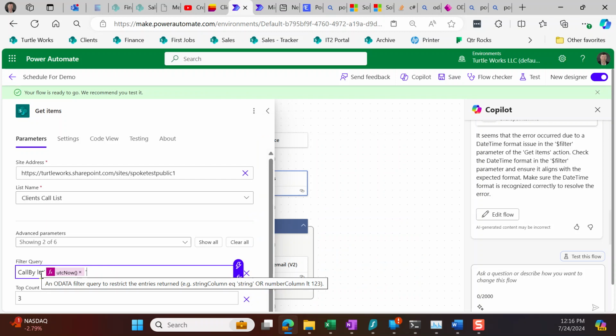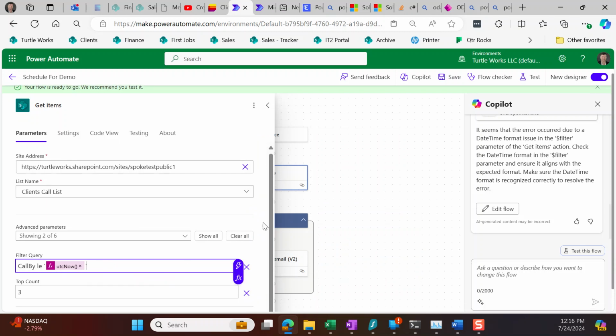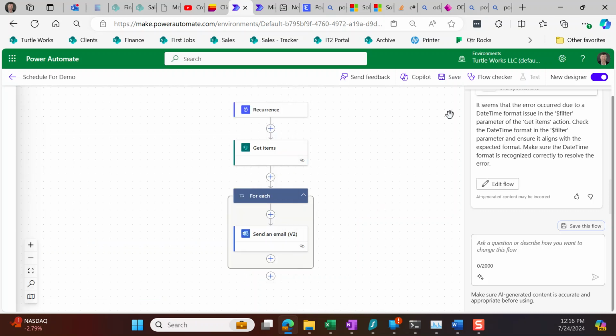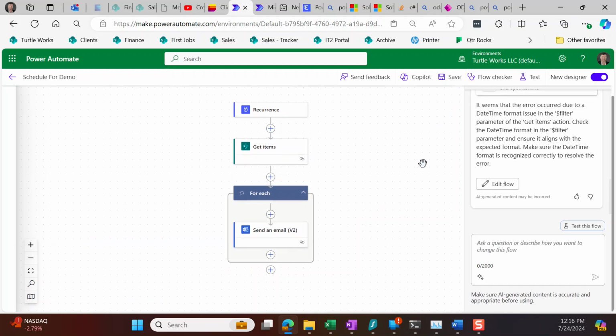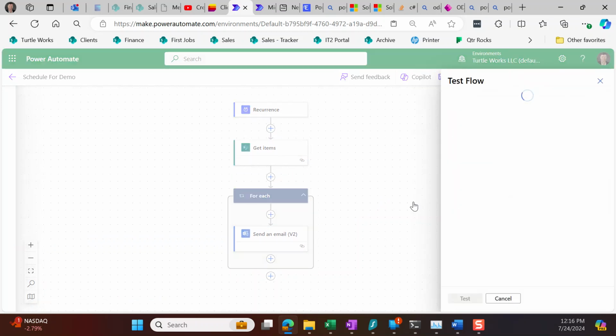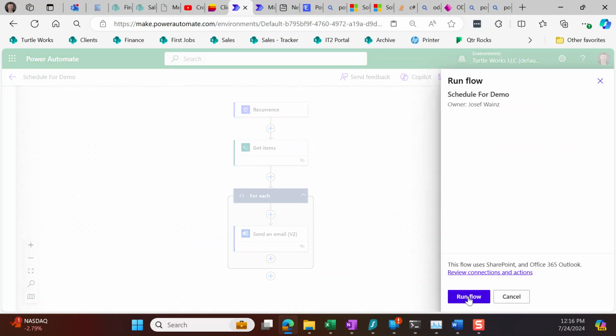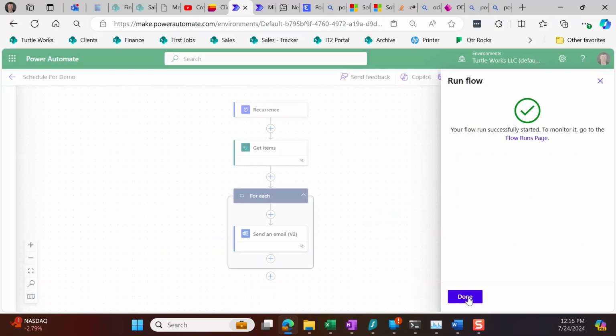So call by less than or equal to single quote UTC now, a closing single quote, and that should take care of it. So let's click save, and let's click test manually, test, run the flow, done,